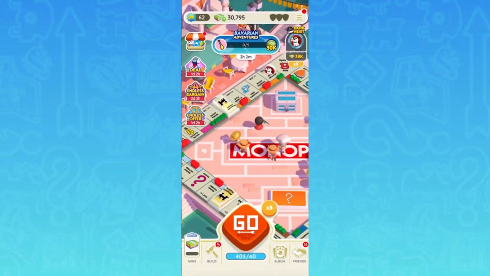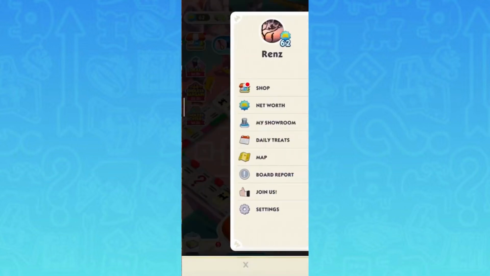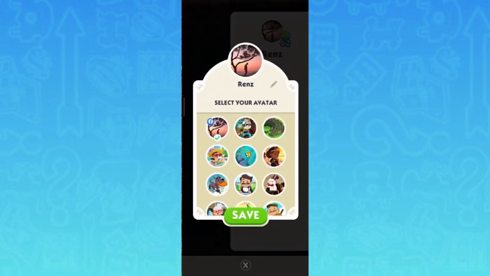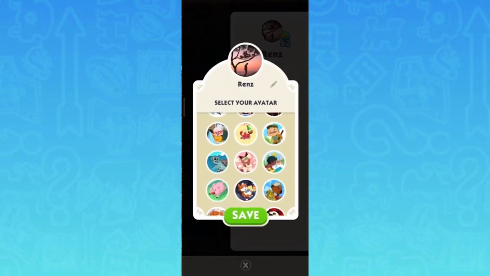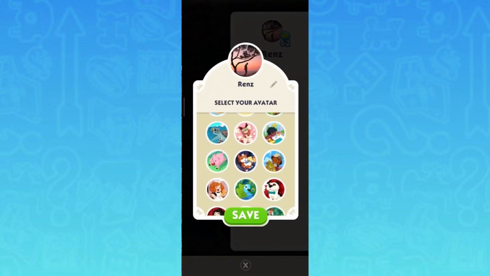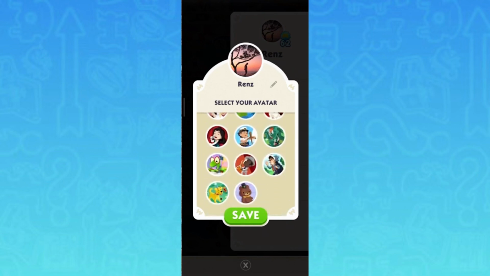guest account, you just need to go to the three bar icon that you see at the top right of your screen, and from here you should see your profile picture at the top right. When you click on that, you have the option to change your profile picture to one that they already have, or it will actually be given to you as an option to change. In this case, they have a pig, a cat, and a dog, and different kinds of cute pictures here